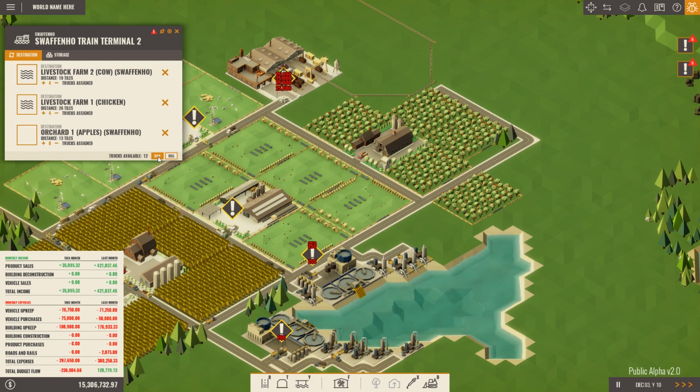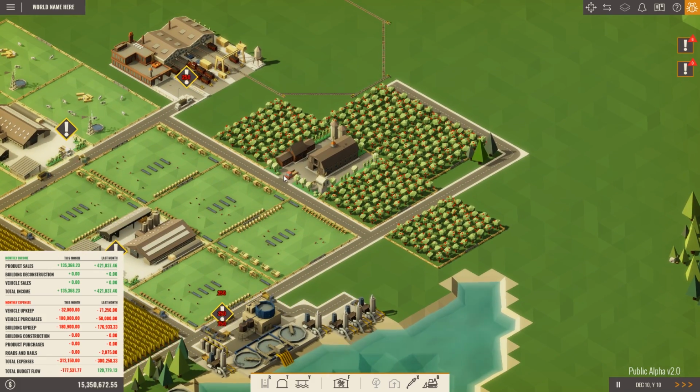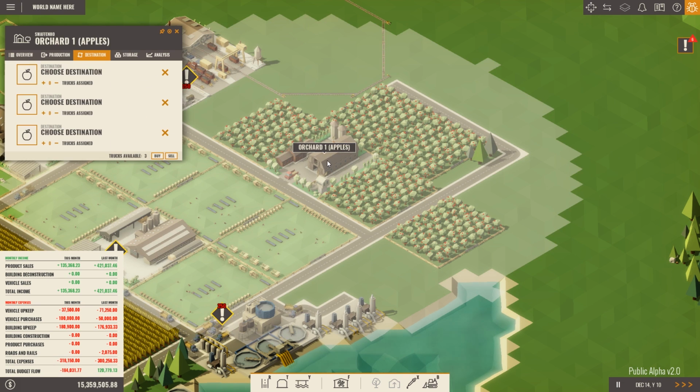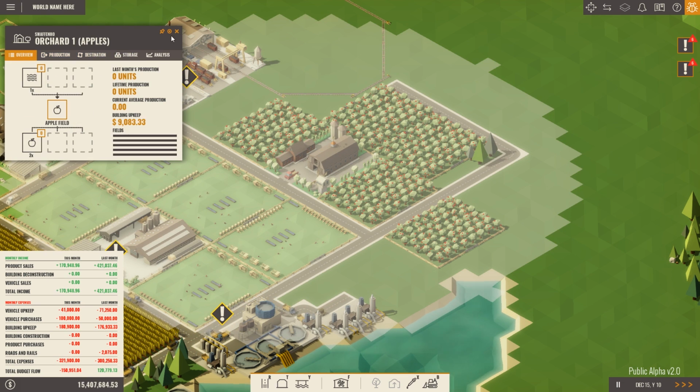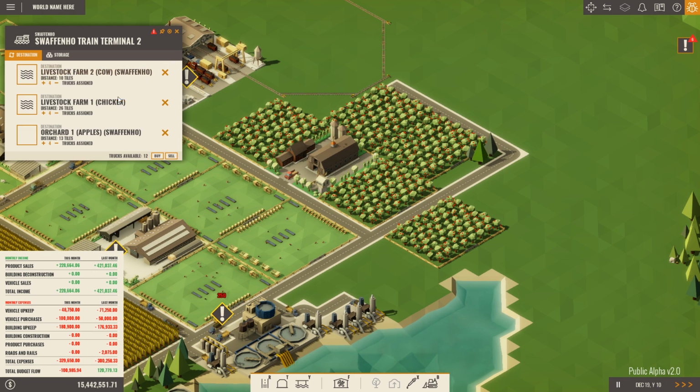Let's go ahead and buy a few more trucks, and we're gonna have them then deliver the 4 trucks worth of water to the orchard. That should be happening here pretty soon. Let's go ahead and speed up time. Do you have water now? No, you do not have it yet. But as soon as these trucks come in here, I'm hoping...